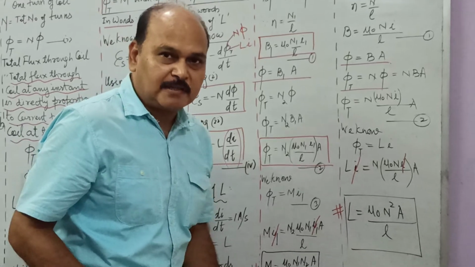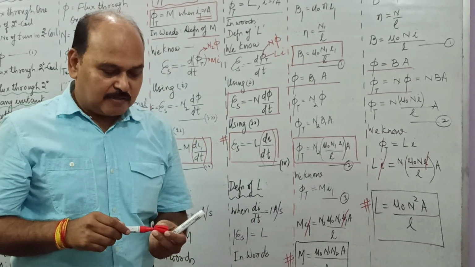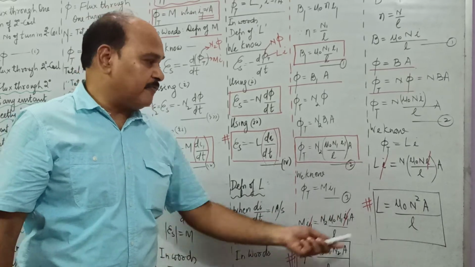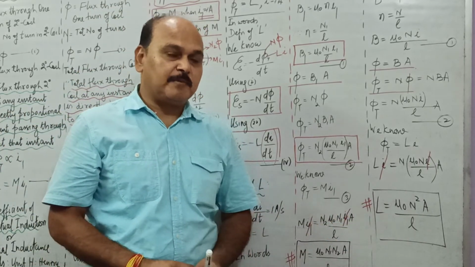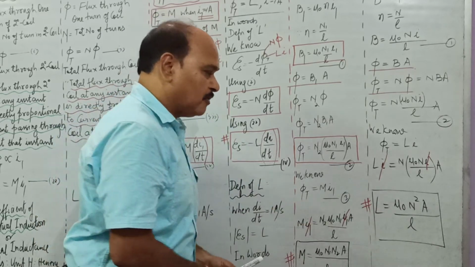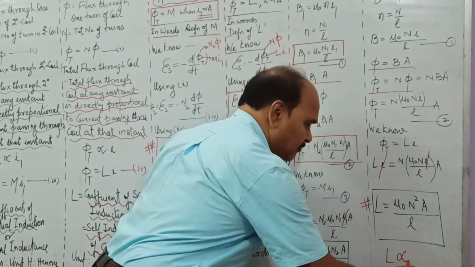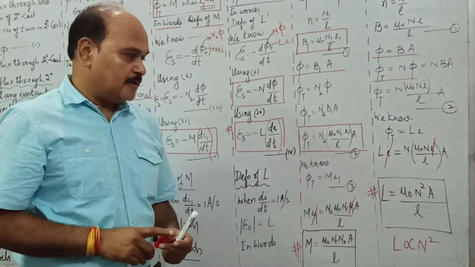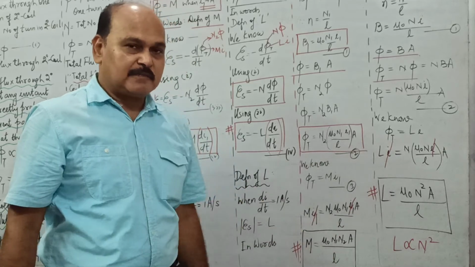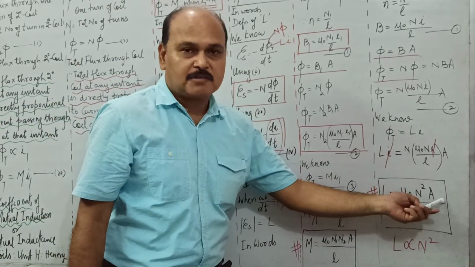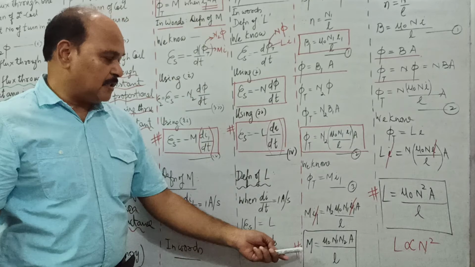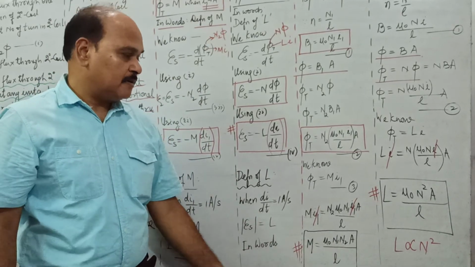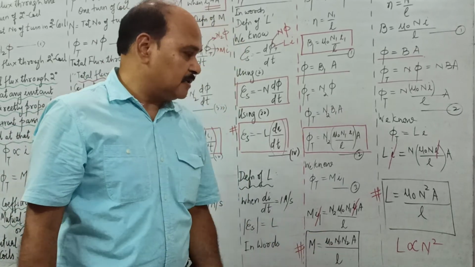Very, very simple formula. There are at times some shorter questions asked based on this relation. Like what is the effect over L when the number of turns in a coil is doubled? If the number of turns in the coil is doubled, what will happen? Yeah, the L is going to be 4 times. So L is directly proportional to the square of the number of turns. And of course it is directly proportional to A, the cross-sectional area, and inversely proportional to the length. Likewise here, M is directly proportional to the product N1 N2, A directly and l inversely.